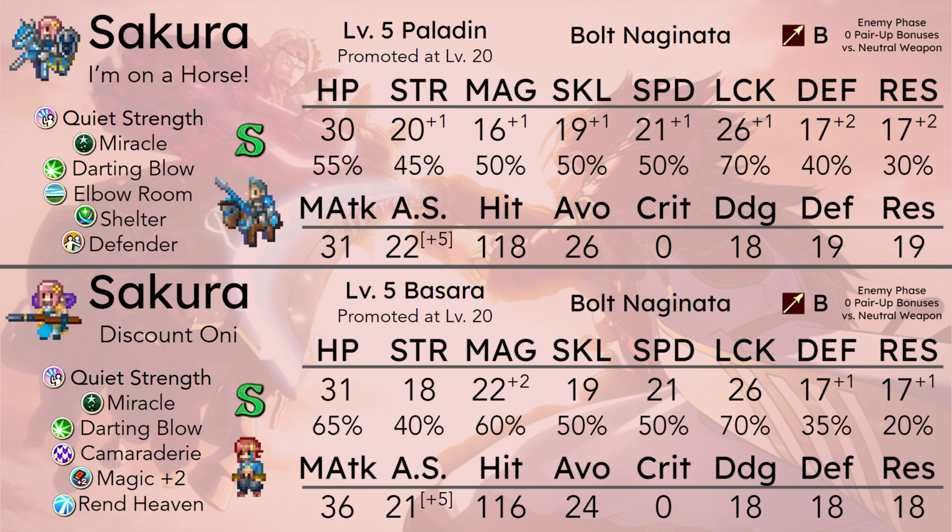So, if you want to compare Paladin Sakura with Basara Sakura, Paladin Sakura actually comes out on top when it comes to defenses, having an extra point in defense and resistance thanks to Defender, though she does have 1 less HP on average at level 5 promoted. Her magic attack is 5 less, but in general, if you're using the Bolt Naginata in Basara, you're going to have overkill damage, so...